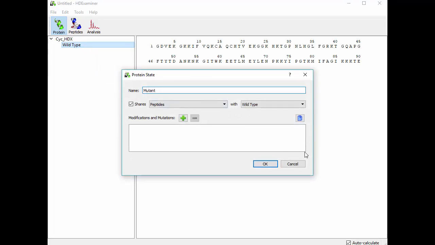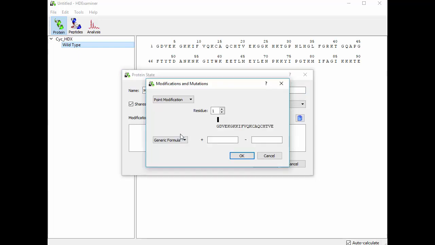And down here in this window, you'll see an area called modifications and mutations. So to add a modification or mutation, you click on this plus button. And there are three different kinds of modifications and mutations you can make. There are point modifications, global modifications, and point mutations. So what are these? Well, a point modification is a single chemical formula that's attached to a single residue of your protein. So say, for example, I wanted